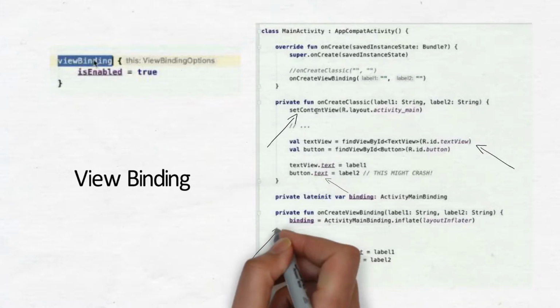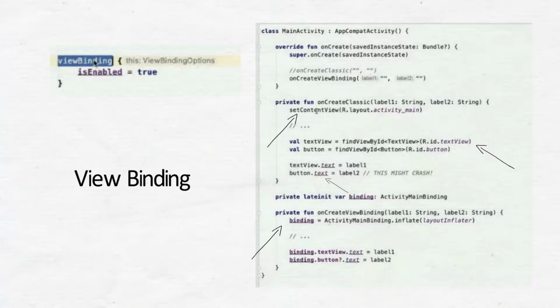So with view binding, what we do instead is we access or inflate the layout with this generated binding class. And now we get this binding instance which knows exactly which views are present in the layout. So in this case, text view is present in all versions of activity main. So that means that we know it's non-nullable and it's safe to access. We will have no null pointer exceptions with this one.